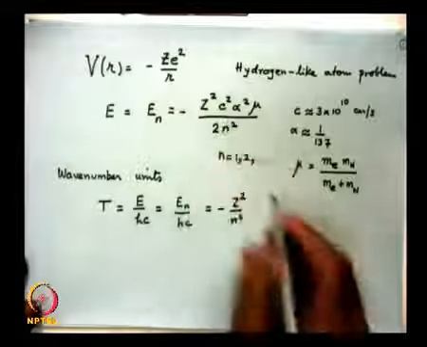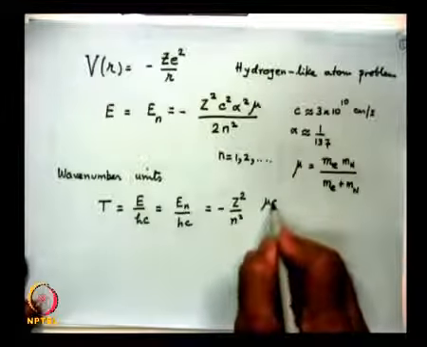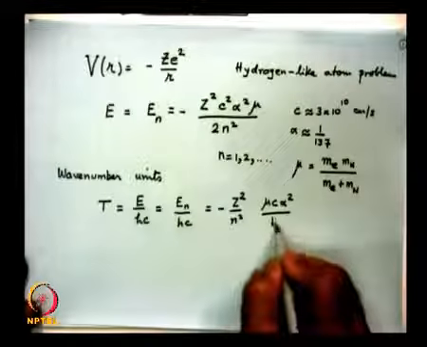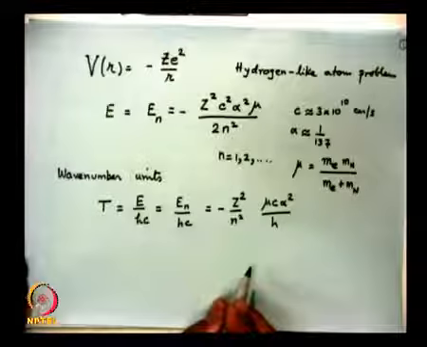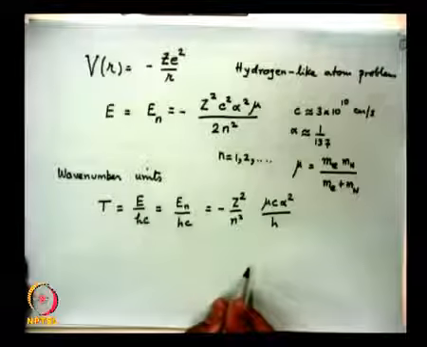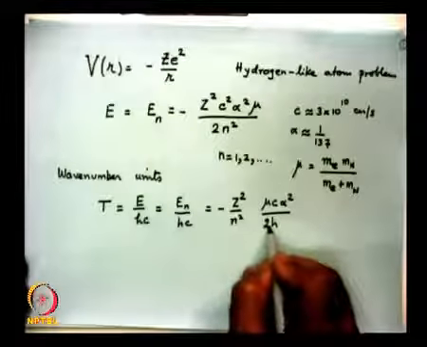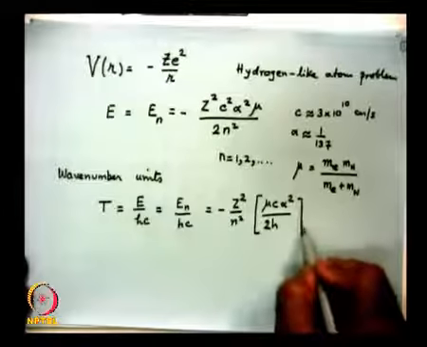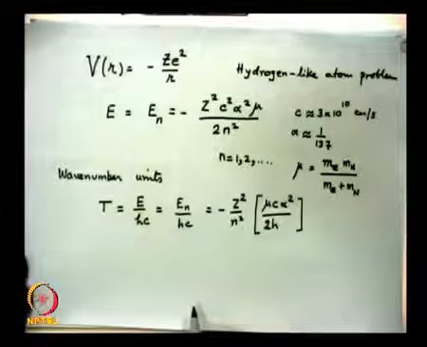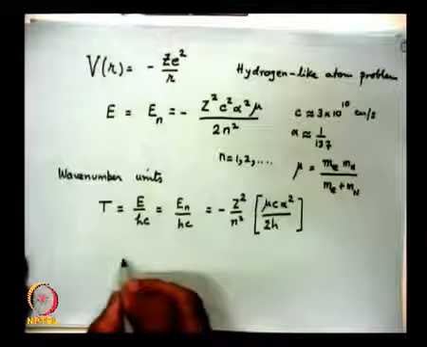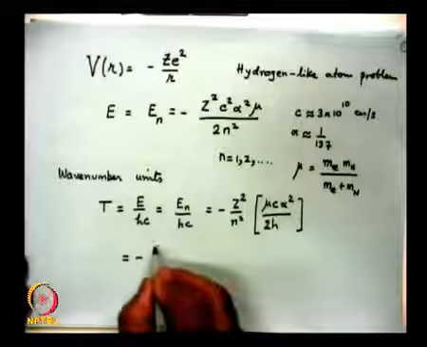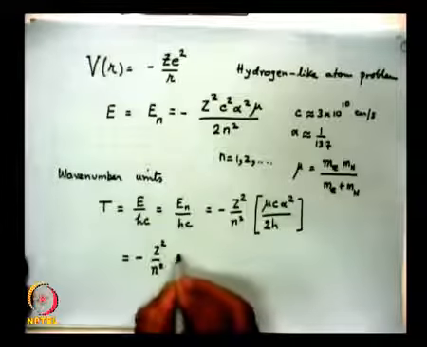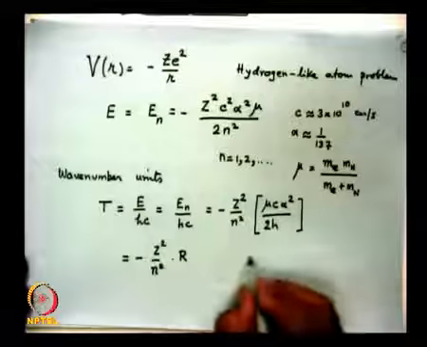One of the c's will cancel out. So, you will have mu c alpha squared by 2h. This quantity is known as the Rydberg constant. So, we write this as equal to minus Z squared by n squared into R, where R is known as the